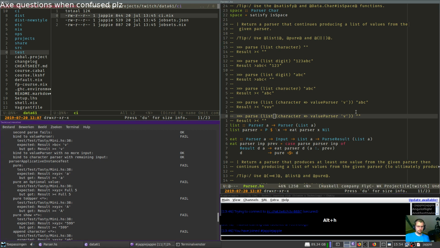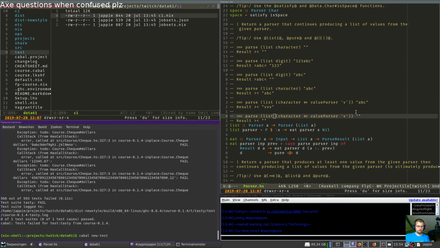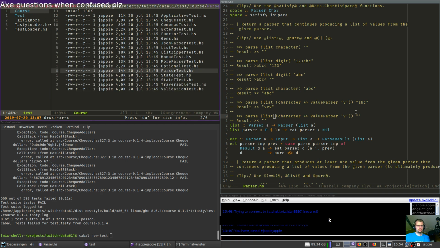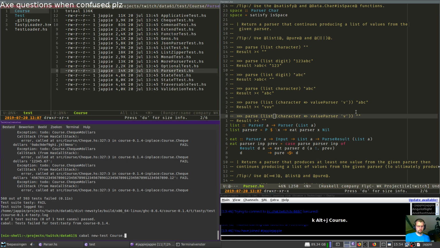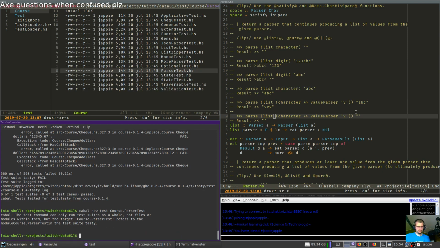Can I run this for one module? Cabal new-test course. The test command can only run test suites as a whole, not files or modules within them.